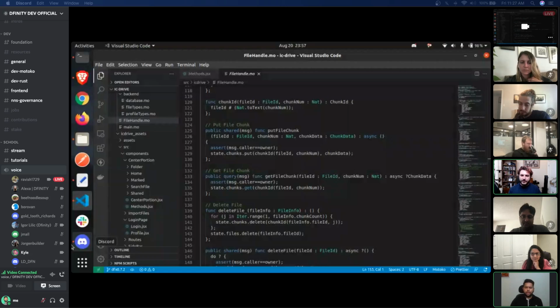Another thing I've seen is that Dropbox itself has allowed people to build extensions on top of Dropbox. So even apart from our future goals to allow other people to build extensions on IC Drive, we could even be an extension to your Dropbox.